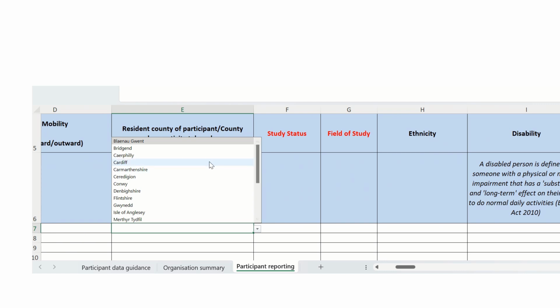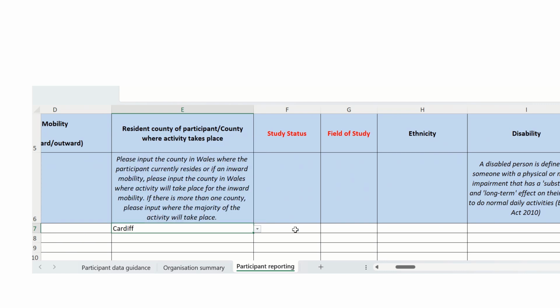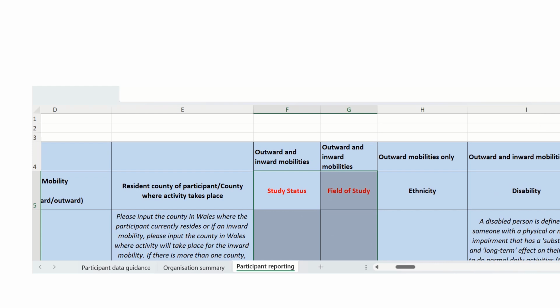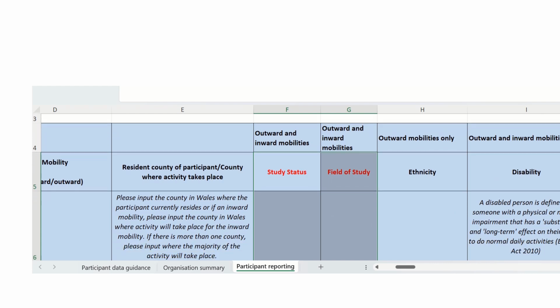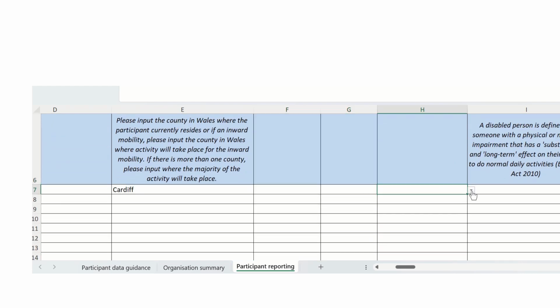They are coming from Cardiff. I can disregard these. Again, obviously, as they're staff members, the study status or field of study won't be relevant. I can then select ethnicity.